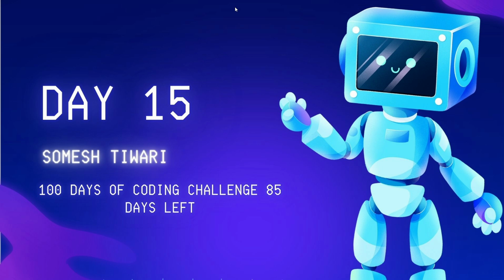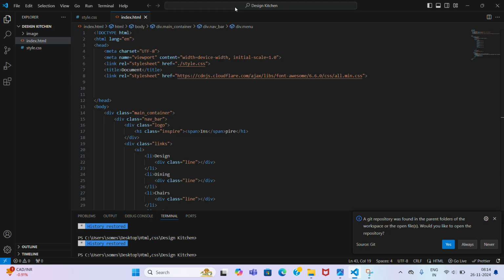Today is day 15th of my 100 days coding challenge. Today I created a kitchen UI design with the help of HTML and CSS. So now let's move to the HTML file. This is the HTML file